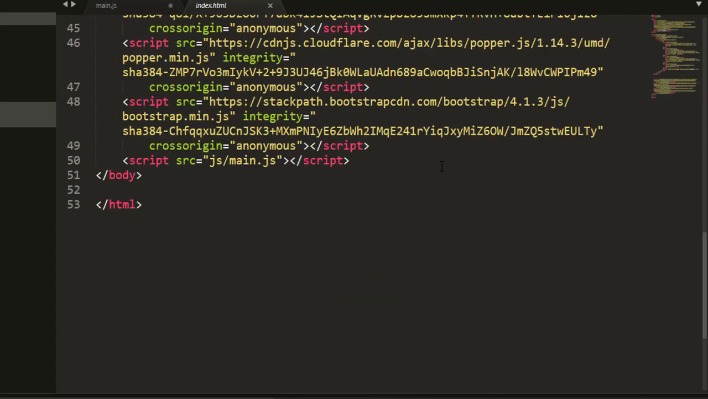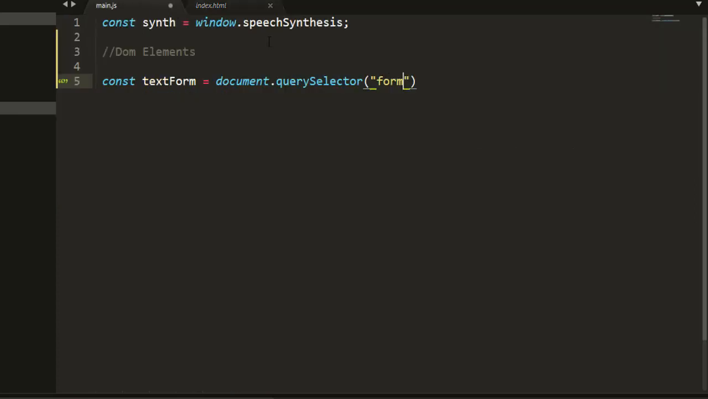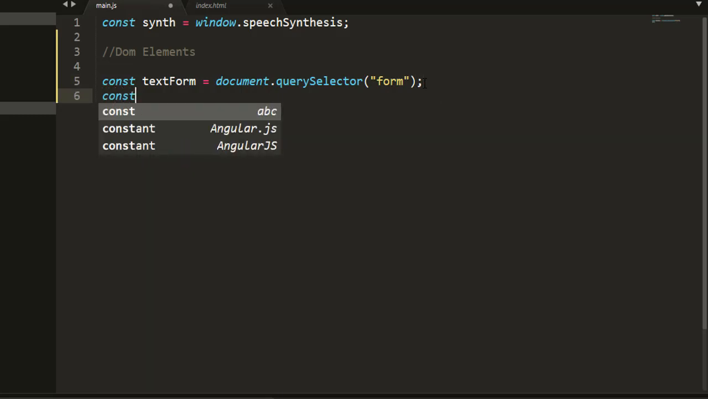This is the form element we want to grab, so that's what we are trying to do here. Form, that is the name. So now let's continue. The next thing we want to do is say const